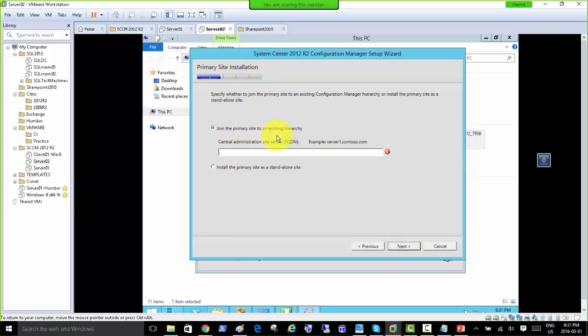Now it says join the primary site to an existing hierarchy. We do not already have a central administration site, and this is a primary site we're installing for the first time. So we install the primary site as a standalone site. For now it's a standalone site. Later we're going to be checking central administration by joining this primary site and another primary site to the CAS. We're going to check that too later. So for now it's a primary site, standalone. So next,